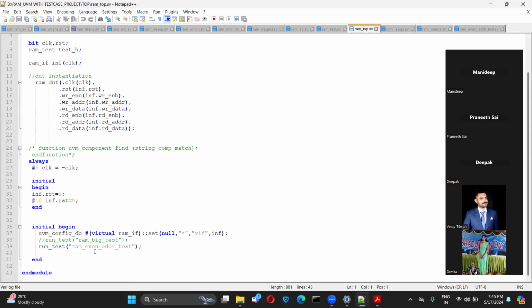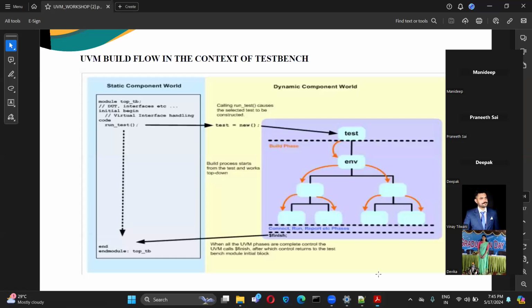Inside run_test, there is a test case name, so it goes to the test block. Inside a test, we have the environment. Is everyone able to hear? Deepak? Hello, am I audible? Yeah, go ahead.